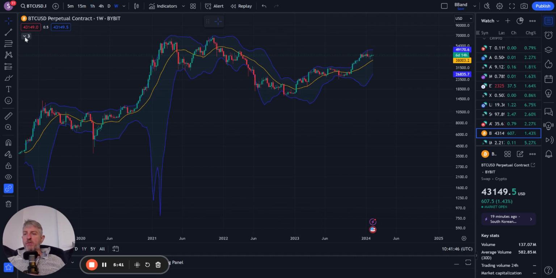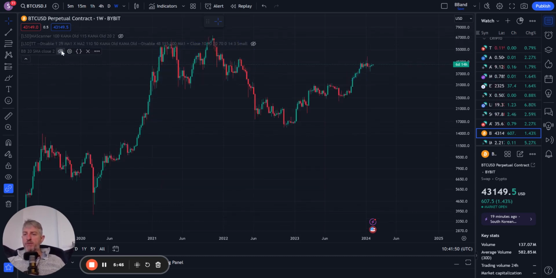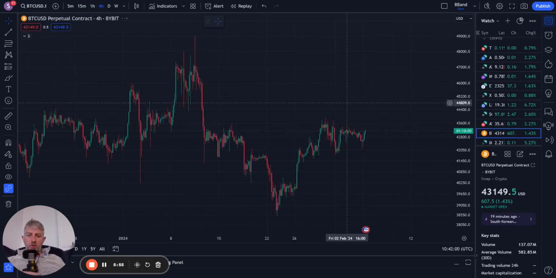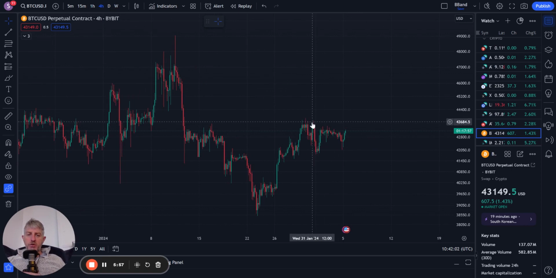So I'm going to take them off for now, and we'll just have a quick look at the lower time frames. Let's get a nice clear screen, and we'll zoom down to the 4-hour. So not a lot has changed, although there may be a move occurring on these lower time frames. And you can see there's